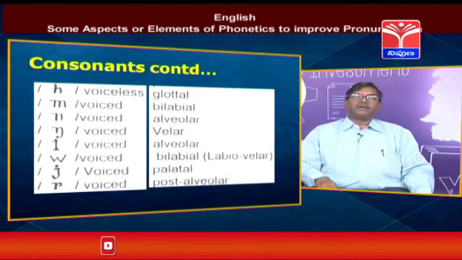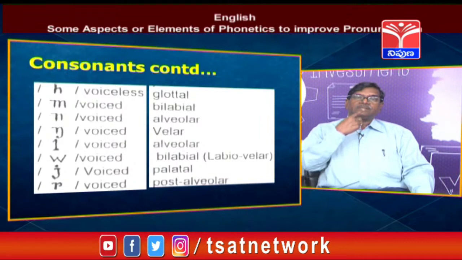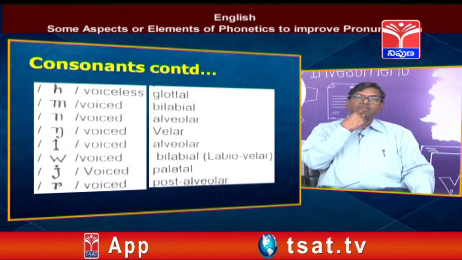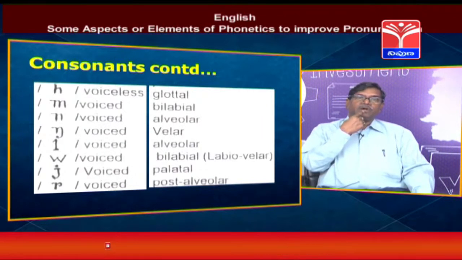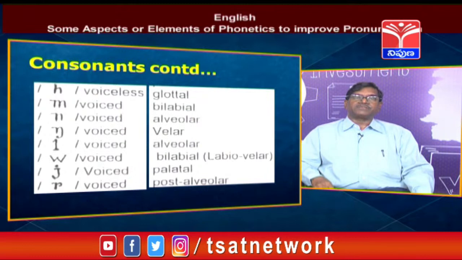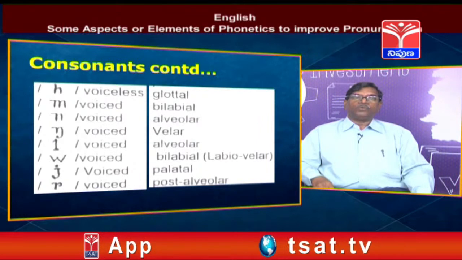So, wherever we have got w in the spelling, it should be pronounced with the two labial lips as the active and passive articulators. Lower lip, active articulator, upper lip, passive articulator. So, that is why it is called bilabial sound. W, when, window, wife,